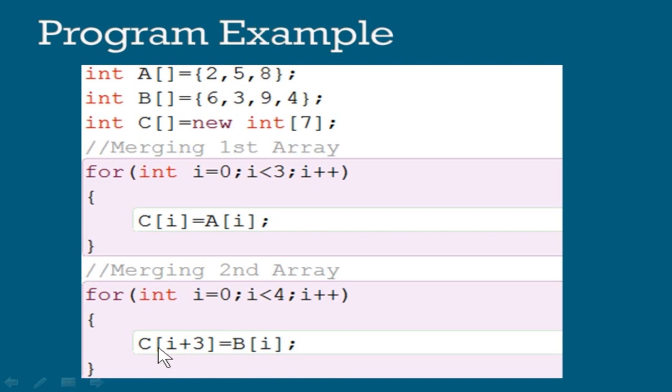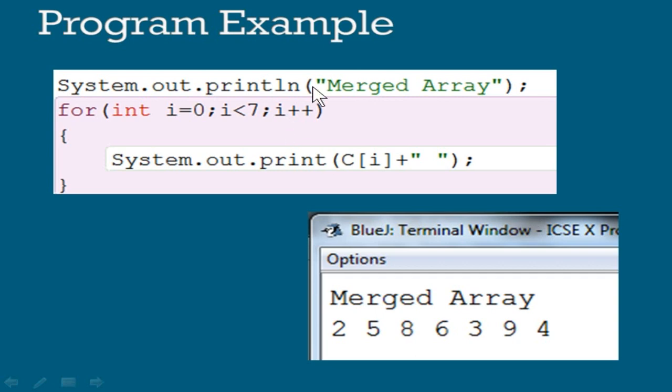So automatically the C value will be increased every time while the elements of B are also increased. So it automatically stores into the correct position values. After that you are going to print the merged array on the screen. After executing it, you will get the merged array like this. You can see the first three elements of A and the next four elements of B, which are merged, and which creates the C array.